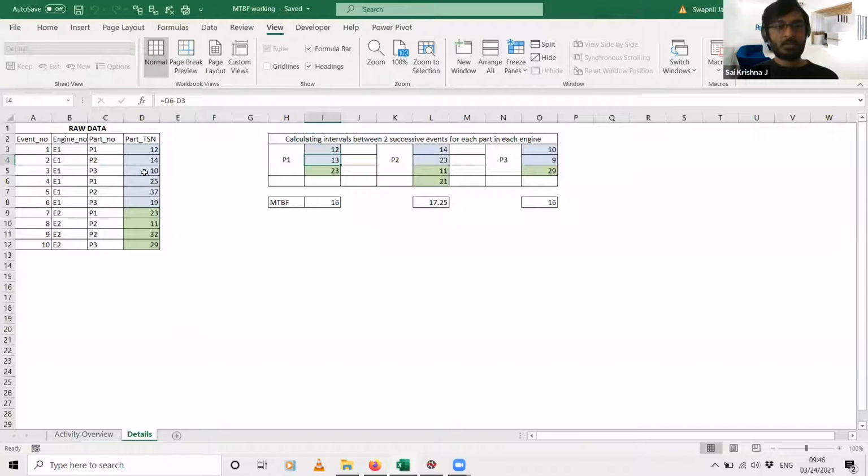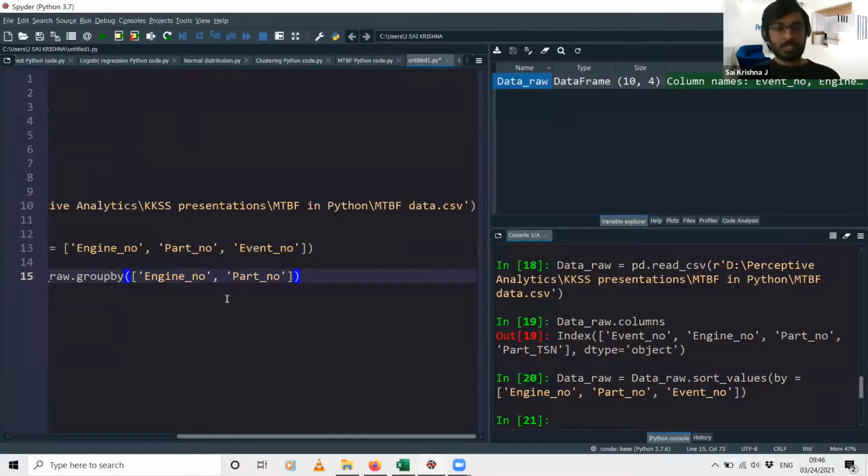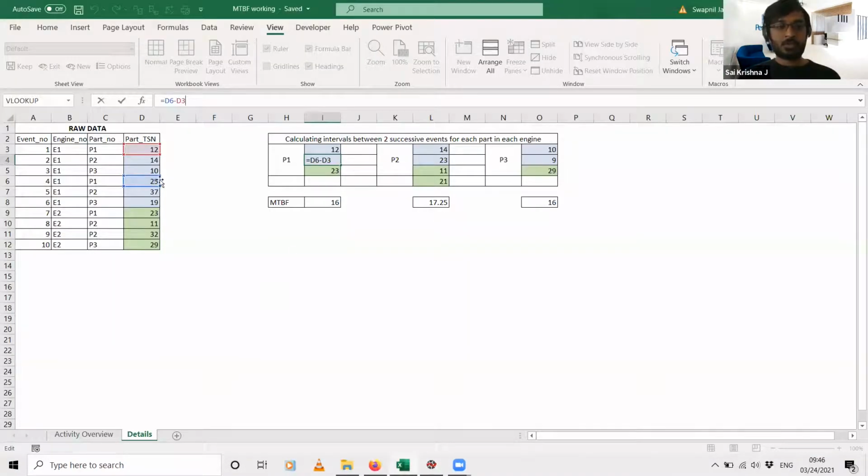This 25 minus 12: these values are present under the column called part_TSN. In this group by function, I have given group by engine number and part number. The meaning of that is it will subtract this 25 and this 12. It will not subtract 25 minus 10, because 25 belongs to part number 1 and 10 belongs to part number 3, right? The subtraction has to be within a particular part, within a particular engine.